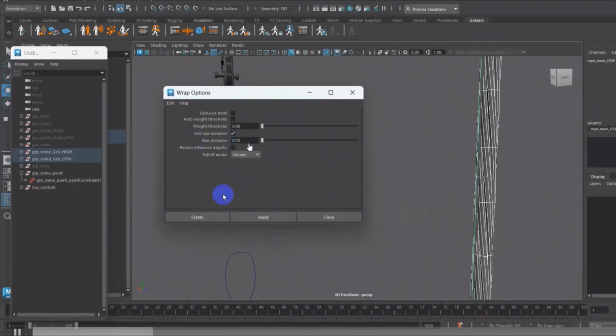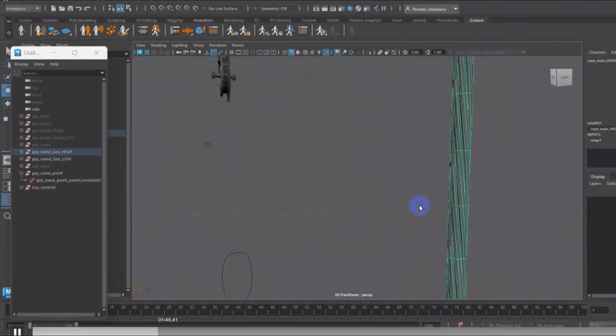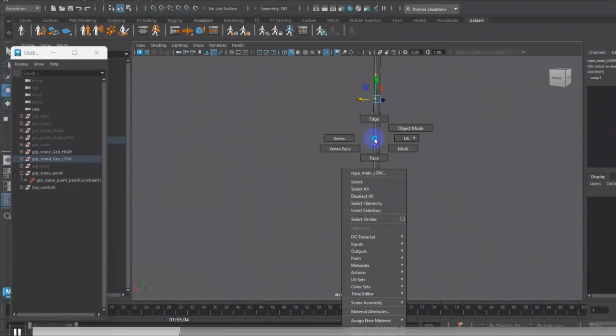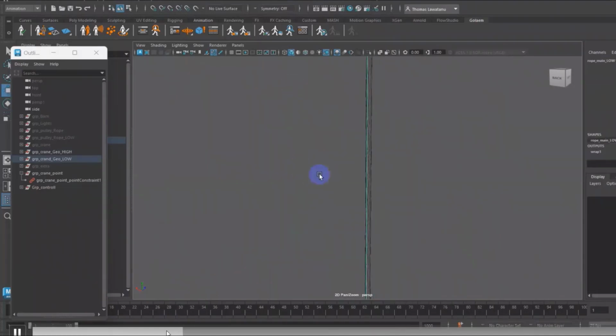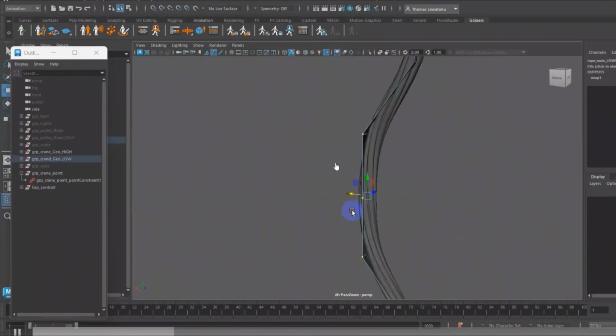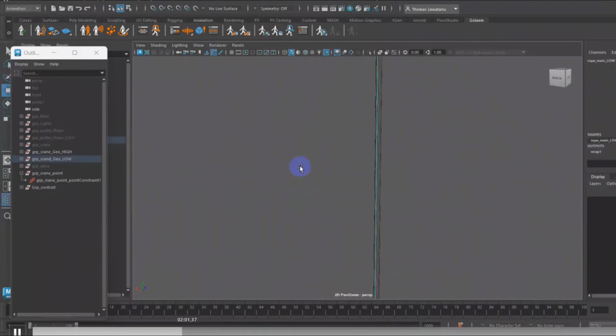You can put in a number and feel which number you want to choose. When we try this wrap deformation, the high poly will follow. That's the function of the wrap deformation. Okay, so we move on.